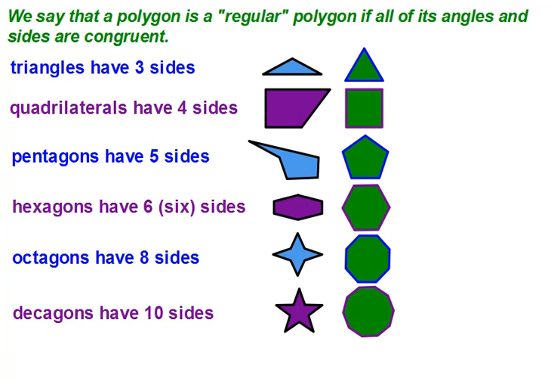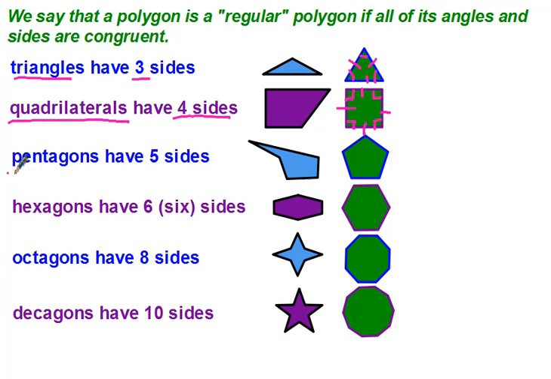We say that a polygon is regular if all of its angles and its sides are congruent. Triangles have three sides, so this is a triangle. This is called a regular triangle because all three sides match and all three angles match. A quadrilateral is a four-sided polygon, such as this one. The square is your regular quadrilateral. That means all sides are equivalent and all of the angles are equivalent, which in this case would all be